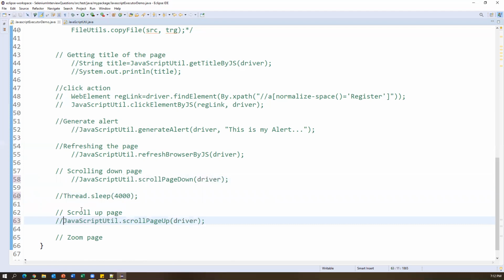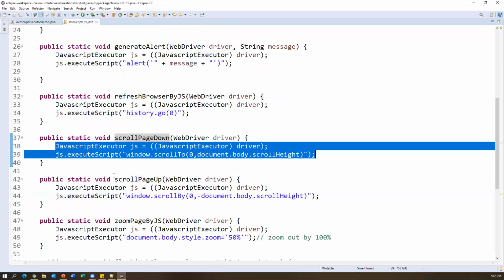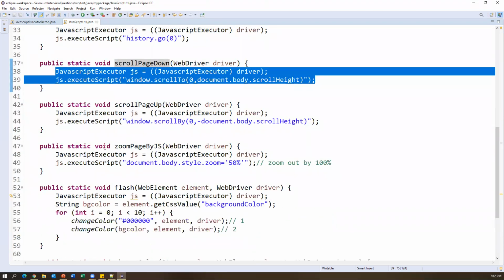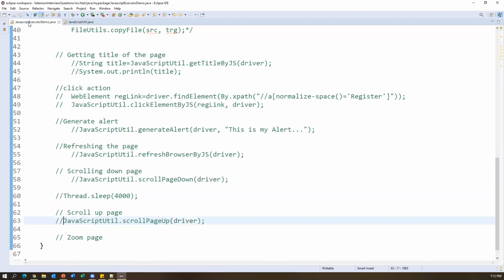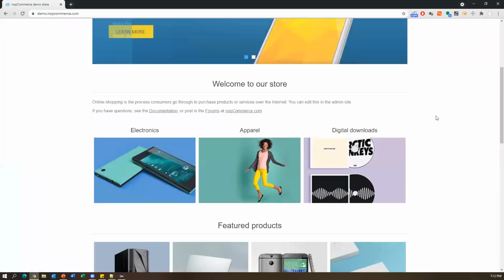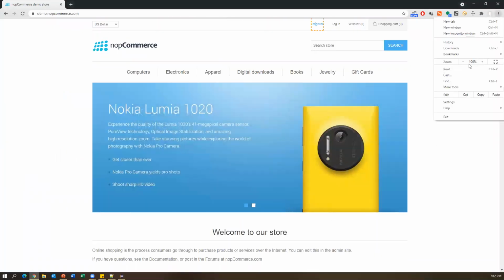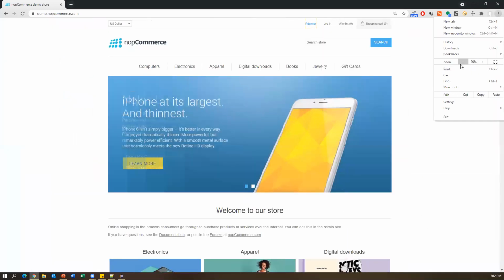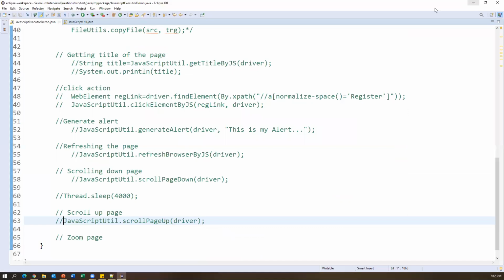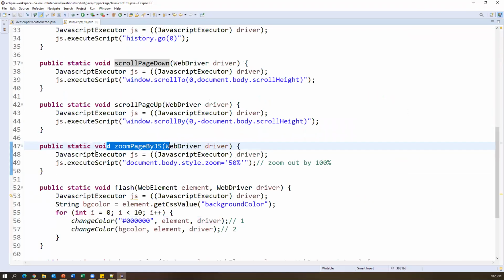All right. After that, we have one more action called zoom page. We can also decide the size of the page. Normally when I open the page, it is 100% zoom. You can see here 100% zoom. If you want to reduce or increase it, we can do that. To do this, we have created a method called zoom page by JS.